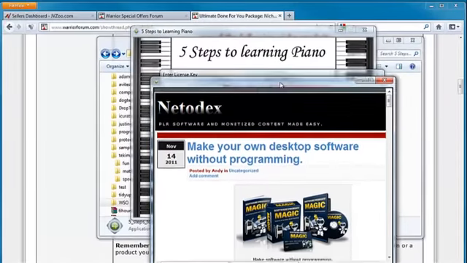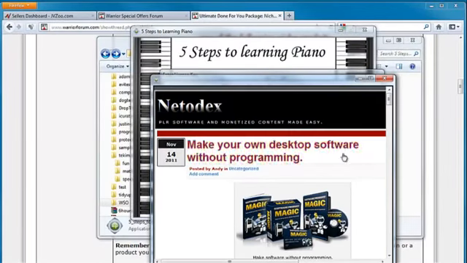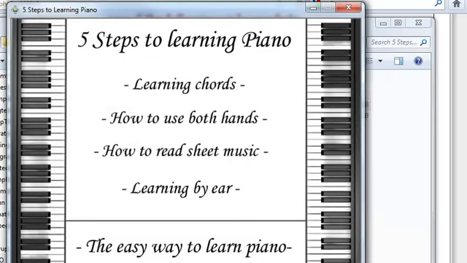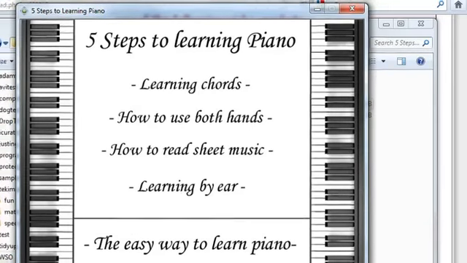Remember I said to use the internal browser, and this is just opening up a website here. It's not actually a sign-up form, but normally this would be directed to your sign-up form. Then when they've completed the process or done whatever they have to do to get the key, they come back here, put the key in, say OK, and now they can run the software. Next time